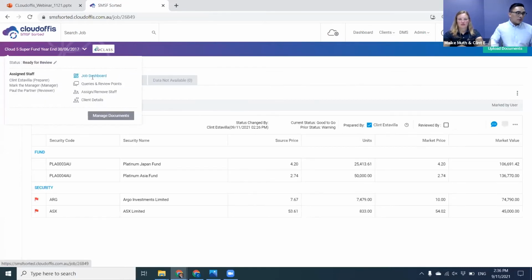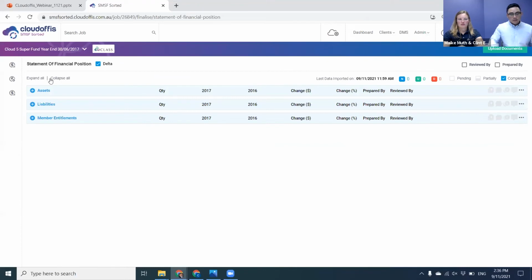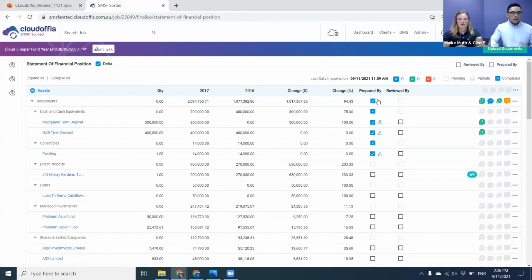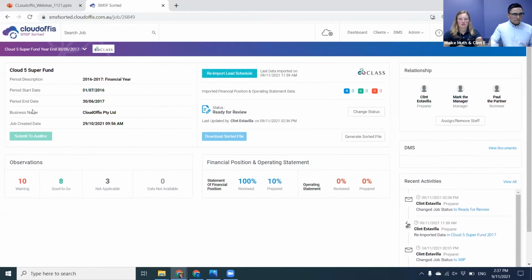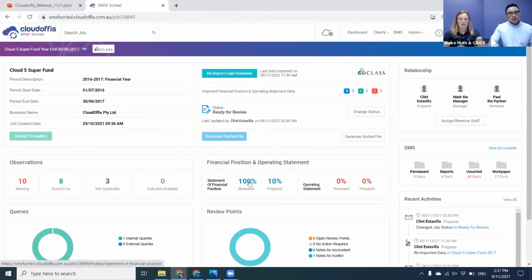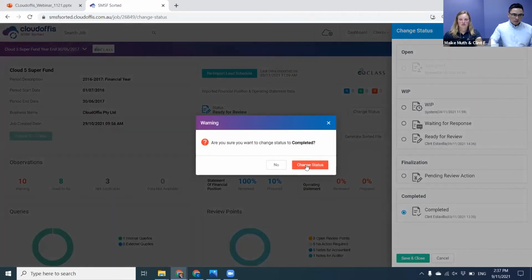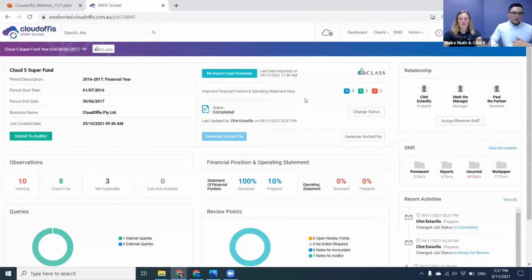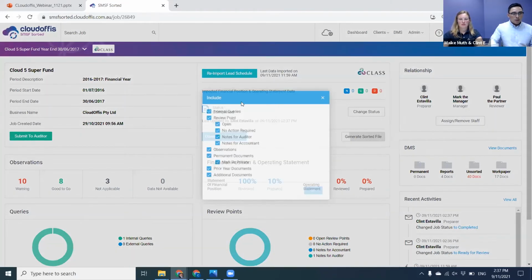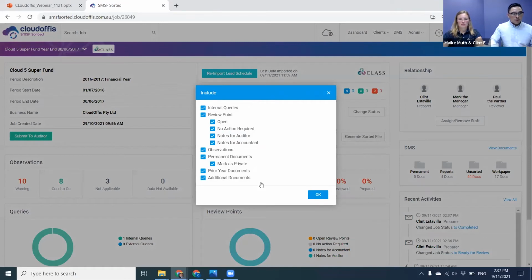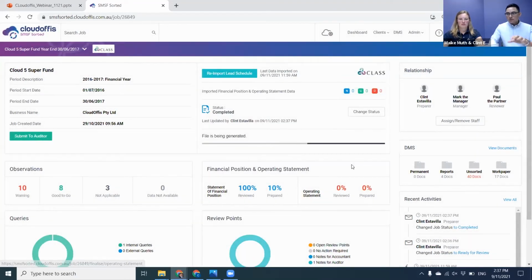You can go into the financials. It's obviously just the same view as the preparer, but they've just got that additional section to go through. You can just mark off everything in one go if you like at the top there. And that's been 100% reviewed. Okay. So once that's done and everybody's happy, we can now mark that off as completed. And here we've got the ability to submit that to the auditor or generate a sorted file. So I will generate this because it is going to look a little bit different from what you can see